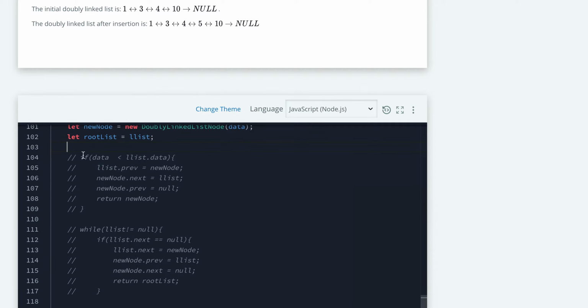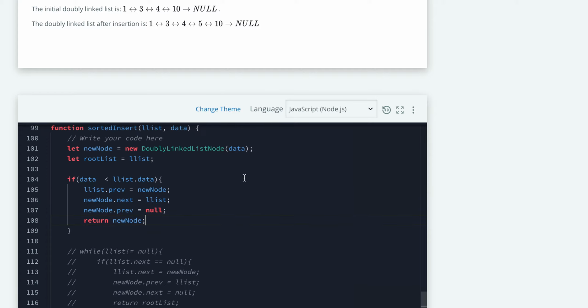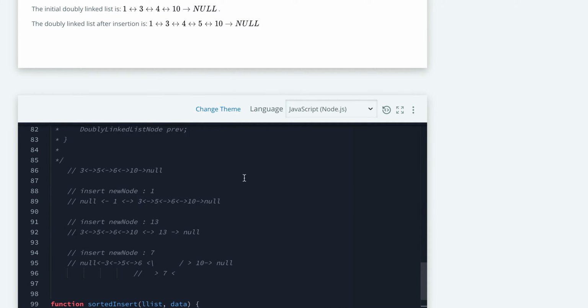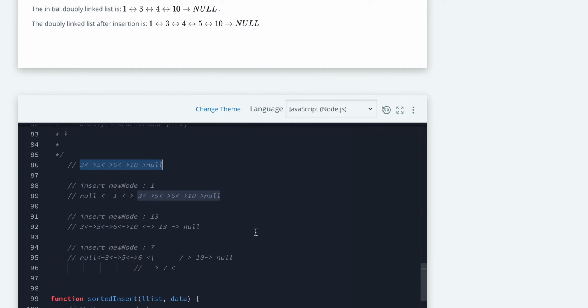So here is our first situation: if data is lesser than list.data. Here our new node value will be 1 and it is less than 3, where linked list means the reference of head, which is 3.